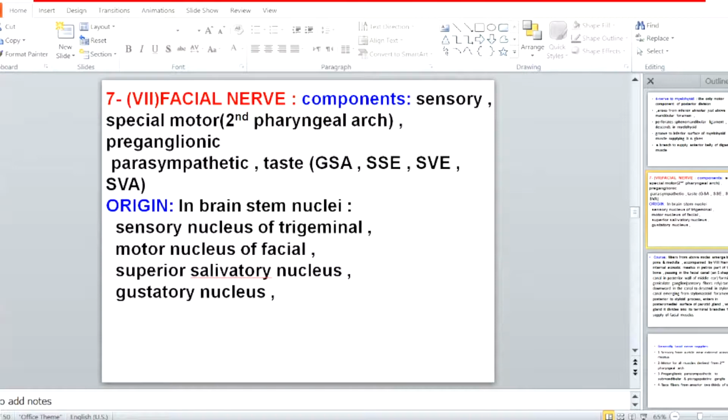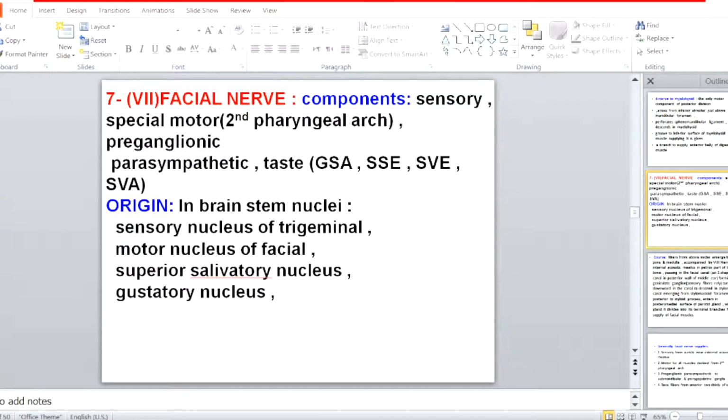preganglionic parasympathetic fibers from a parasympathetic nucleus in the brainstem, and contains taste fibers for the anterior 2/3 of the tongue. Remember, from the nerve supply of the tongue, the anterior 2/3 taste buds are supplied by the facial nerve through its chorda tympani, which you have seen, joining the lingual nerve of mandibular, and then supply the anterior